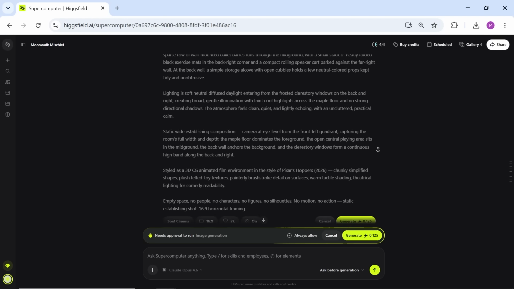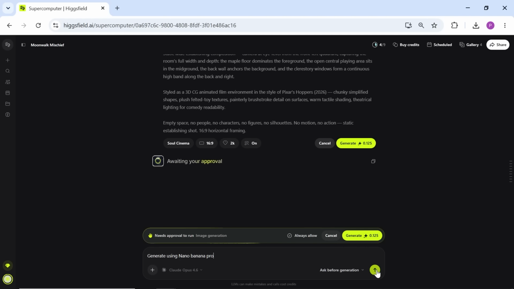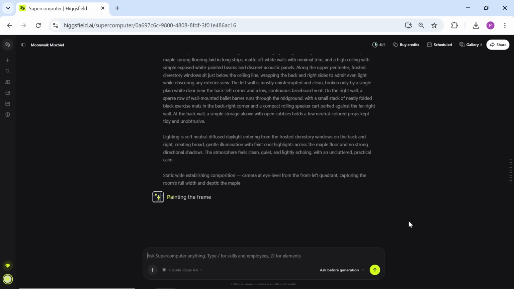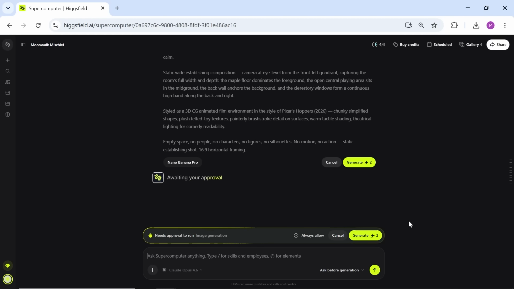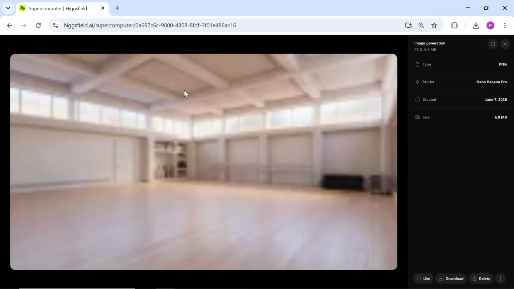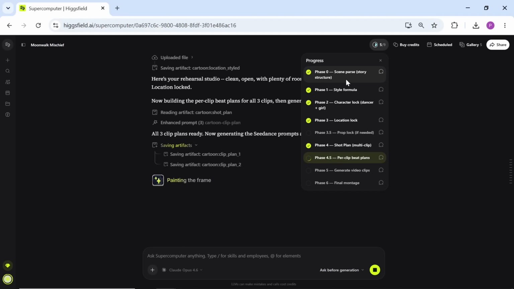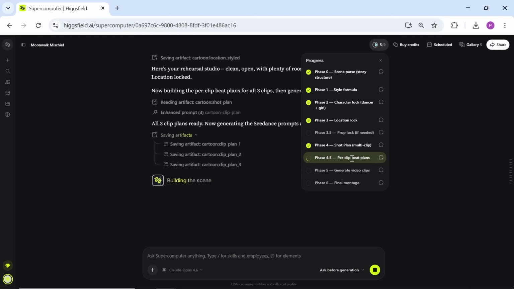For the environment generation, I want to use Nano Banana Pro again, so I tell it to switch tools. It agrees and rewrites the prompt using the new structure, and here's the result. Simple, clean, and very close to what I had in mind. As you can see, we've now completed phase 4 of the project, and the system is generating all the assets